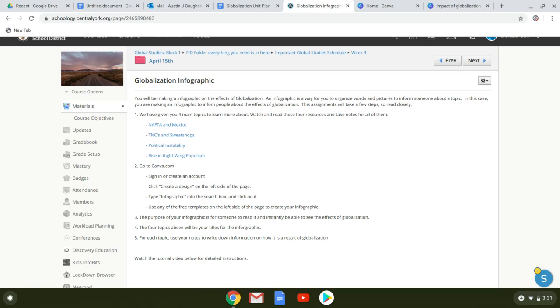That's why they call it an infographic, because there's information involved as well as pictures, hence the graphic part of the word. In this case, you're making an infographic to inform people about the effects of globalization. We narrowed it down for you. We've given you resources for 4 different effects and impacts of globalization that you're going to do a little bit of research about. The 4 topics are NAFTA, Mexico, transnational corporations and sweatshops, political instability,